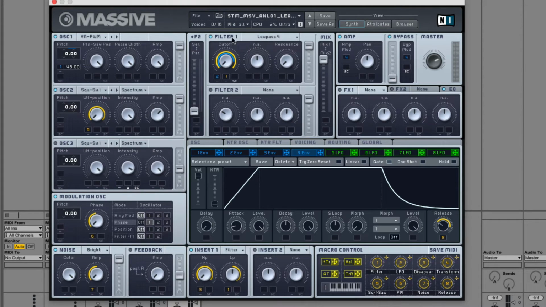All right, now we have the filter. We're only using the top filter. It's a low pass 4, cutoff set all the way to the left, no resonance, full volume mix only on the first. We have no external effects or final effects, bus effects, I don't know what to call it, master effects. We have a little bit of high shelf,